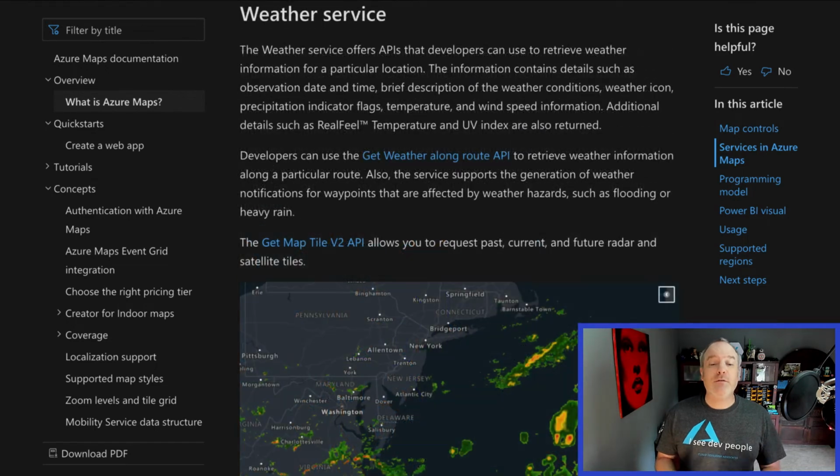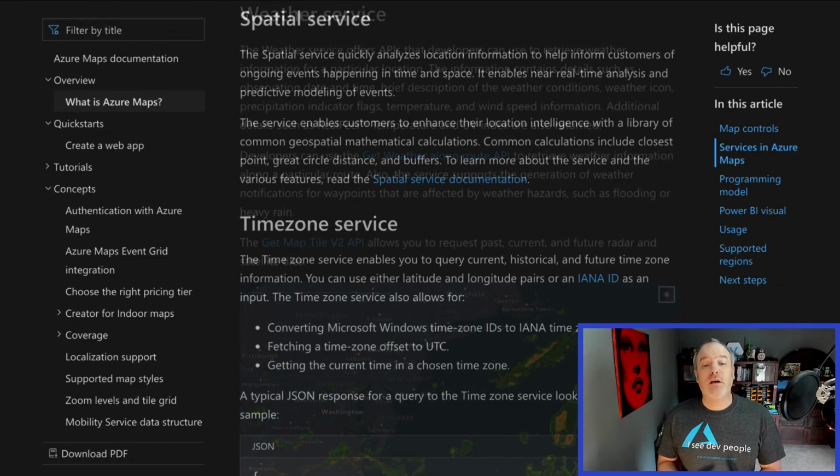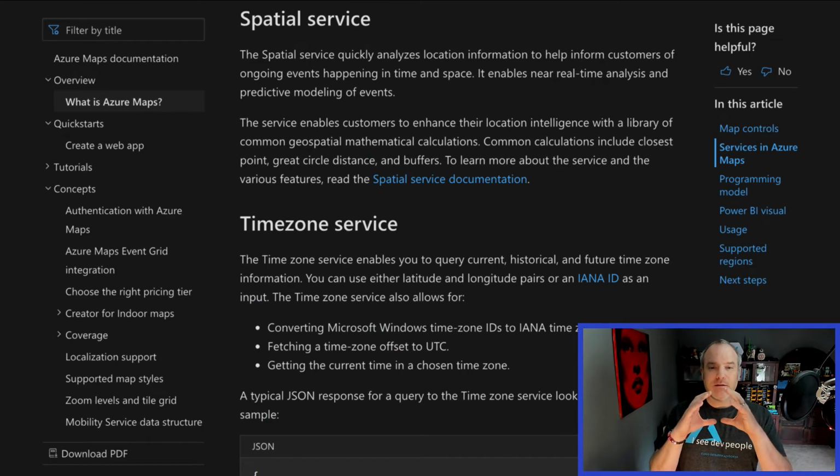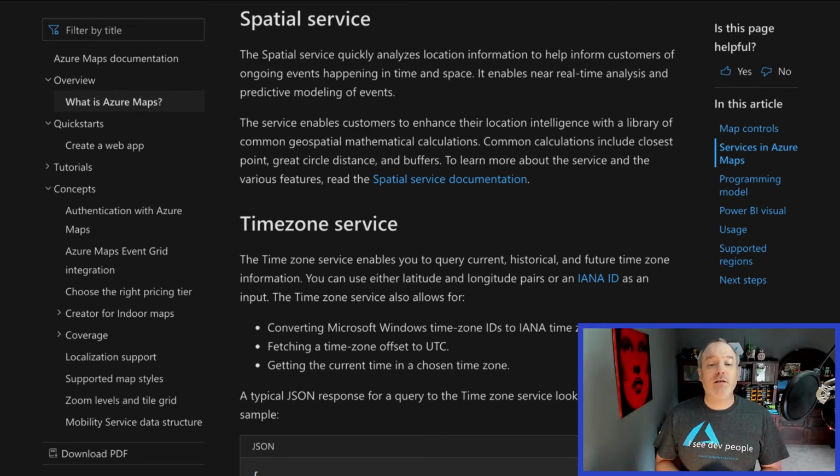The weather service can give you current weather conditions for a location, the upcoming forecast, the weather predictions for a route, and even give you severe weather alerts. The Geospatial service allows you to define geofences, geographic regions on a map, and then determine if points are inside or outside the fence, or how close they are to the edge. These services can be used to determine if a vehicle is where it should be, or if a device tagged with a GPS sensor has moved somewhere it shouldn't, or even if a driver has arrived home so you can